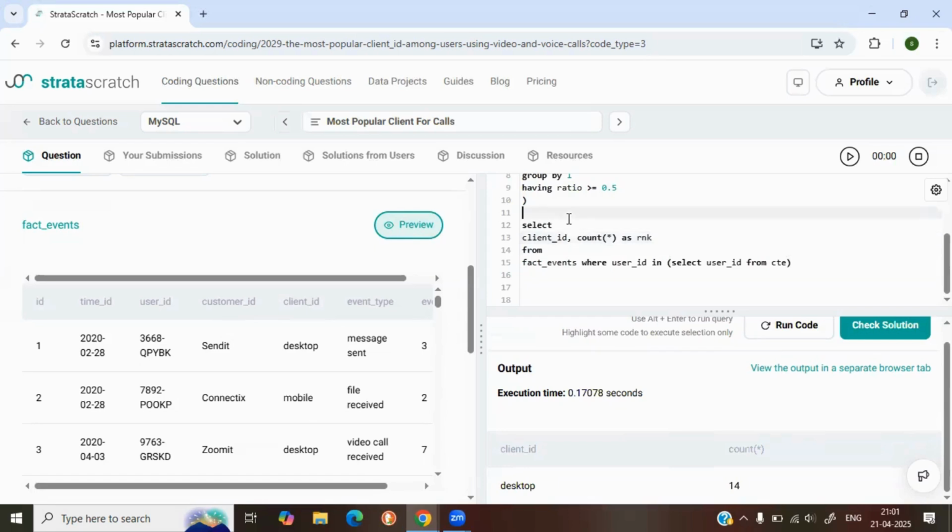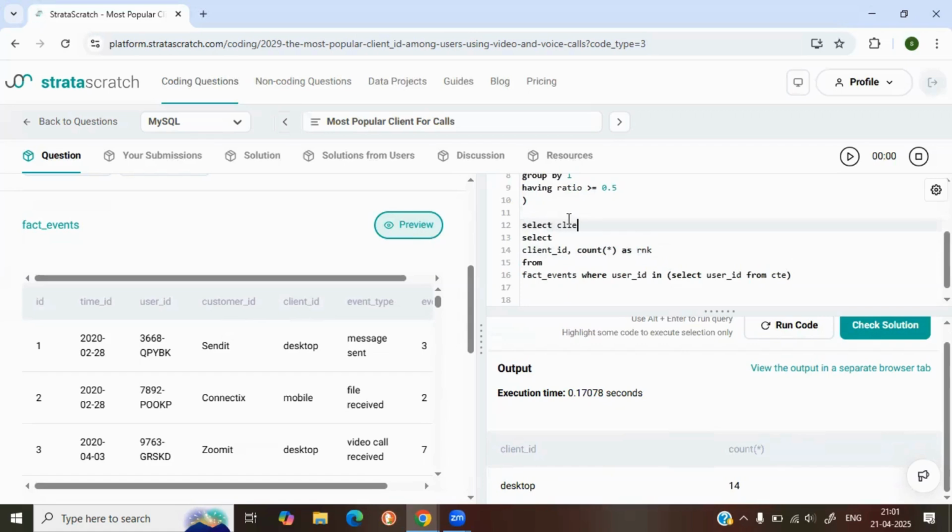So I'll just use a ranking function, select client ID, rank over. I need not create a partition, so I just order by, and I'll just rename this as count CNT, order by CNT desc as rank from